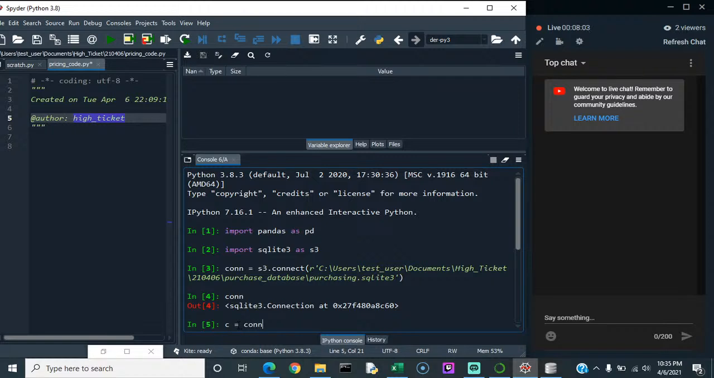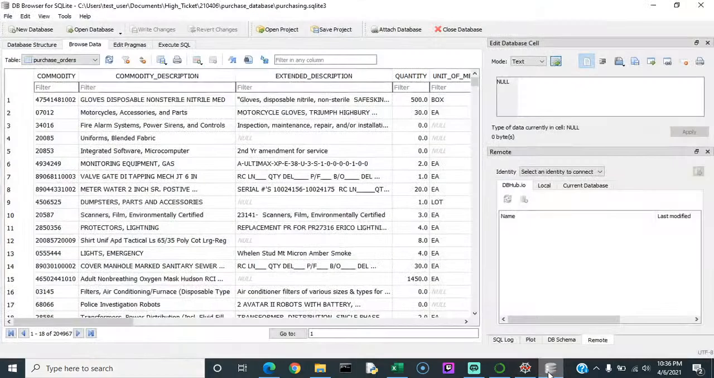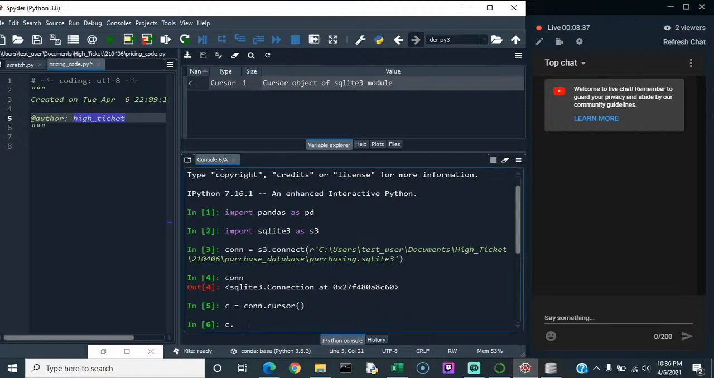And usually the connection object has a cursor function. So the cursor function creates a cursor that we can use to send SQL commands back and forth to the database. So we're going to do c.execute. What we want to do is find out the tables that are in this database. Even though we already knew that because we cheated using the DB Browser, if you've got a big database that doesn't have a nice, easy application like that,